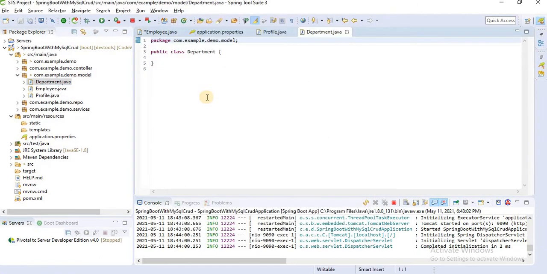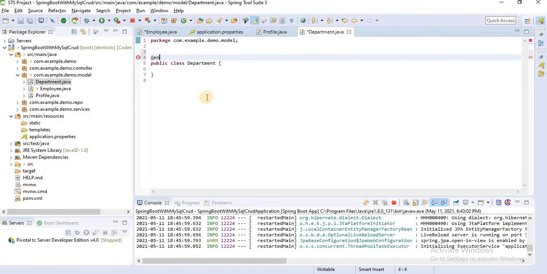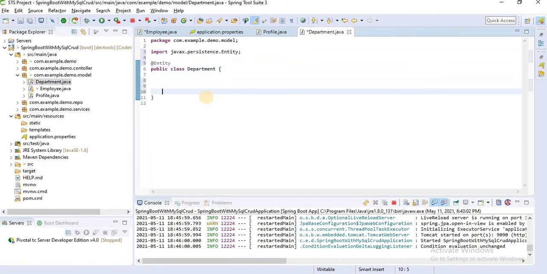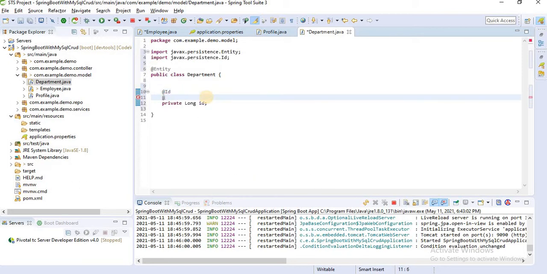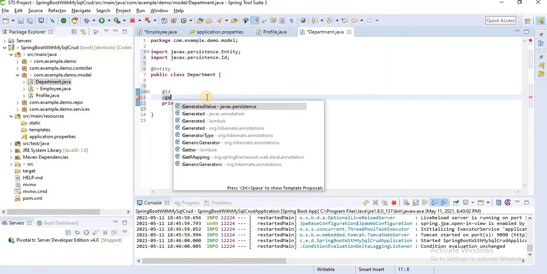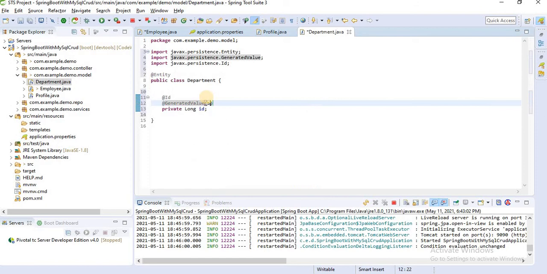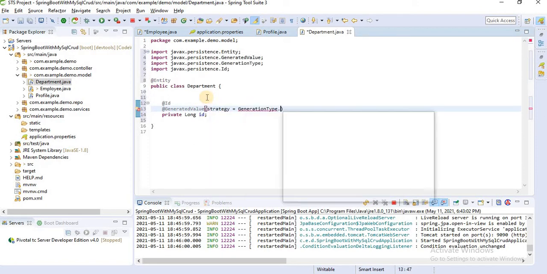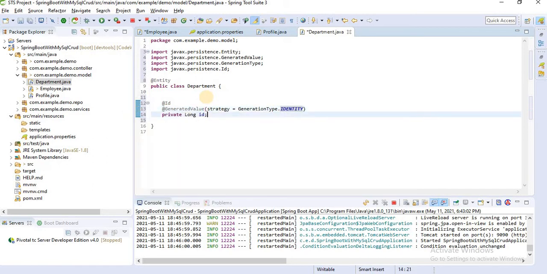Department. Add @Entity here. Let's create the id, private Long id, add @Id here. Then @GeneratedValue with strategy, GenerationType.IDENTITY.